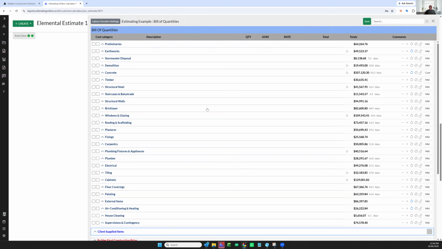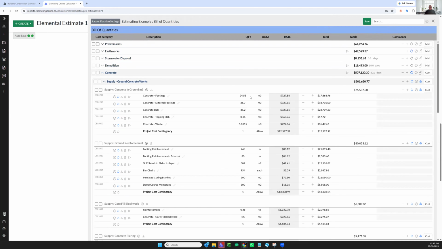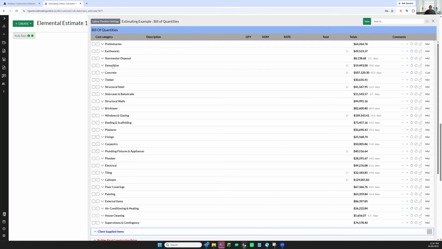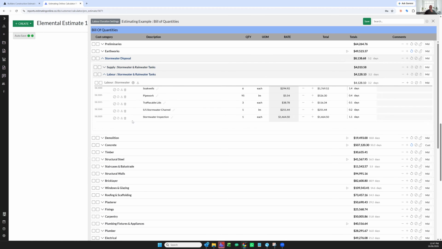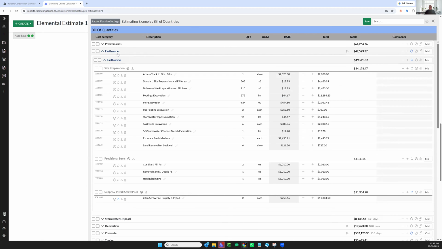Once you get to our bill of quantities screen, this is where the technical aspect of construction comes into place. Click on the concrete, it's going to show you a breakdown of the cubic meters of the project. Click on the stormwater, it's going to give you the total linear meters of pipe work, how many pits, how many lids, the full process. Earthworks,